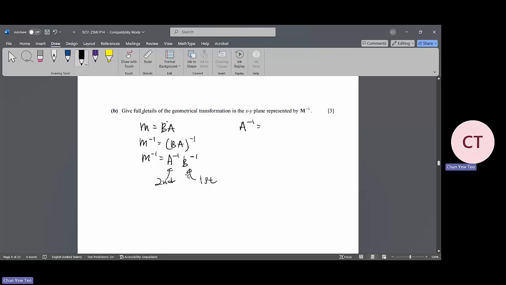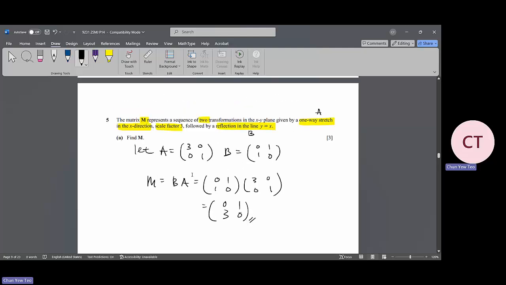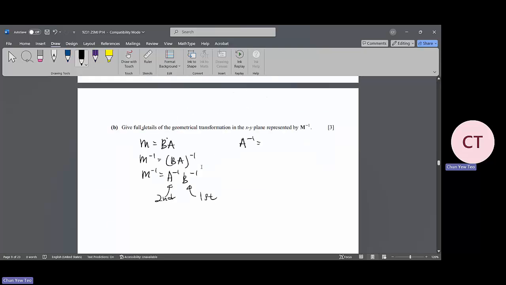A inverse, if you refer back to A, this is A. A inverse will be 1 over 3 times 1, 0, 0, 3. You can multiply them inside so that you get 1 over 3, 0, 0, 1. Okay, then the B inverse will be